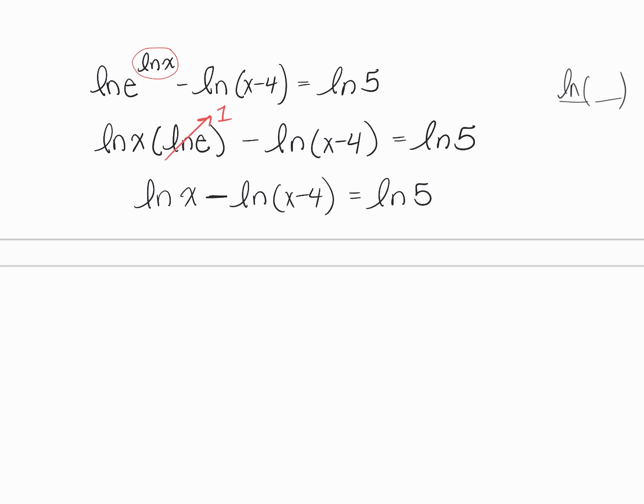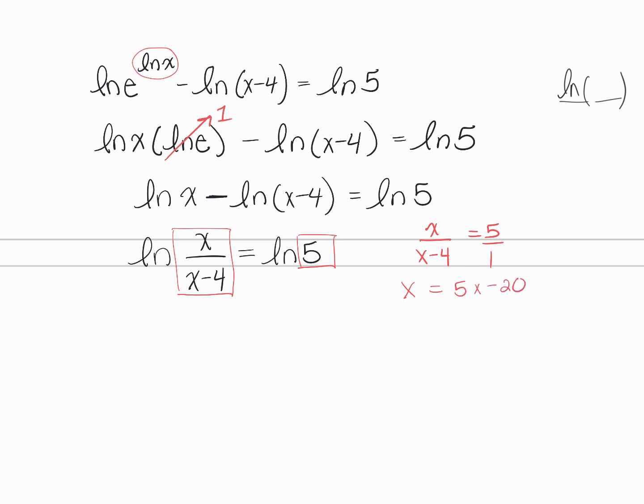Since I have a minus here, this is going to be the natural log of x divided by x minus 4, which is equal to the natural log of 5. And then we use our property that says if the log of one number equals the log of another number, then those numbers have to be equal. So now we just have a linear equation, x equals 5x minus 20, or negative 4x equals negative 20, or